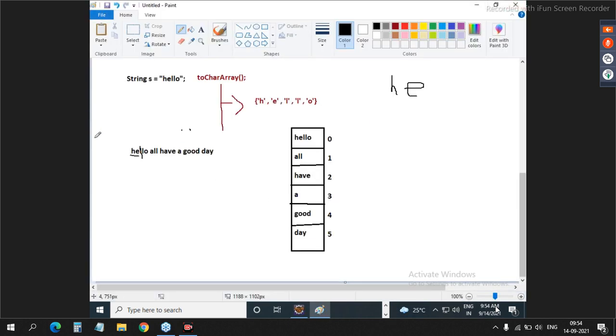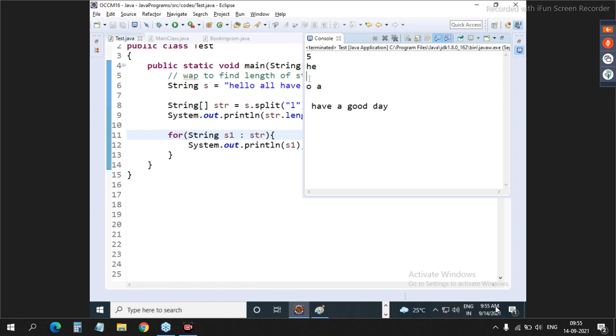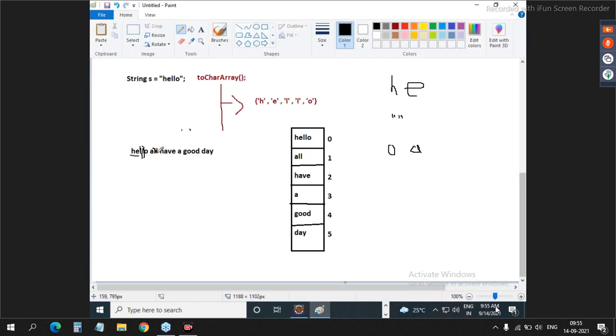Okay. Next. Can I say the next L is immediately there? Is there any character present in between L and L? No. So empty string. This is the second object. Third, after L, O space A. Are you getting it? HE, empty string, O space A. Again L. Is there any character present in between? No. Means empty string. So again empty string. And then there is no L, so the remaining string as it is. So 5.